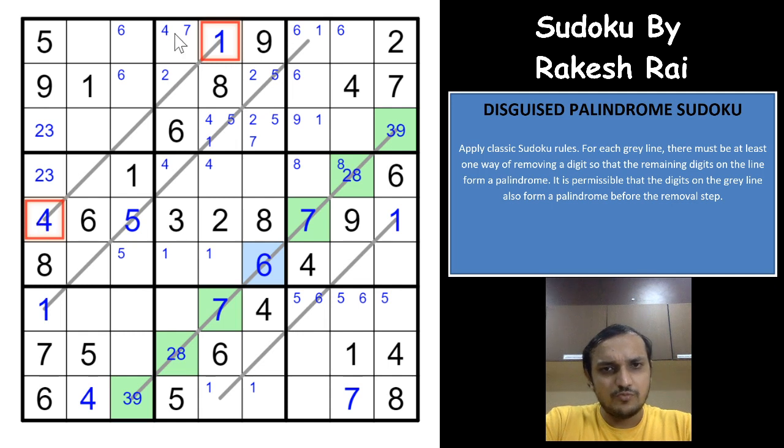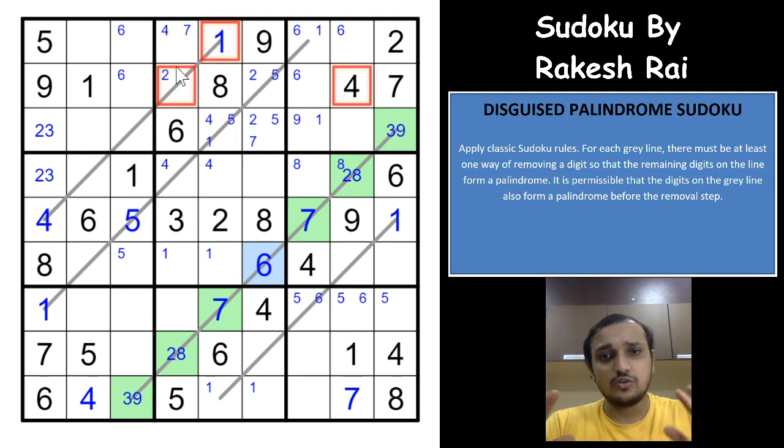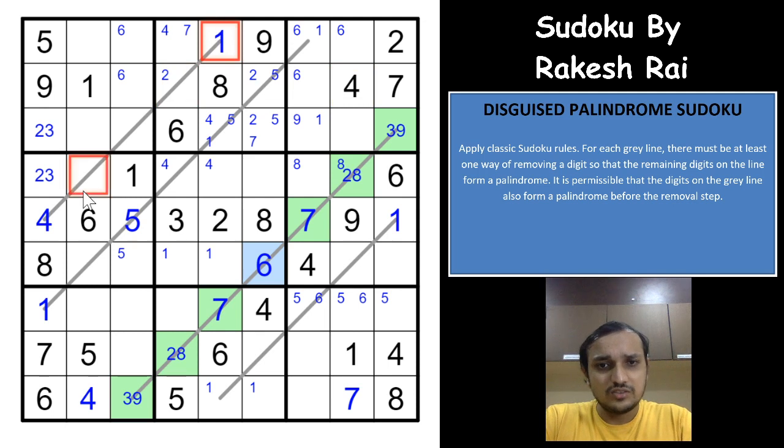So if this 4 is wrong, 1 would have to be correct, and this cell would have to be 1. Not possible, you already have 1 here. And if this 4 is right and 1 is wrong, this cell would have to be 4, again not possible, right? So in this case, whenever you have such scenario like two opposite ends of the digits of the line are different digits, then from both the directions the second cell will have to be one of these two digits, right? So for the 1 here this cell would have to be 1, or the 4 here this cell would have to be 4. But if you have a 1 here this cannot be 1, and if you have a 4 here this cannot be 4, which means that this cell cannot be a 1, right? This cell cannot be a 1. A very difficult one this is actually.